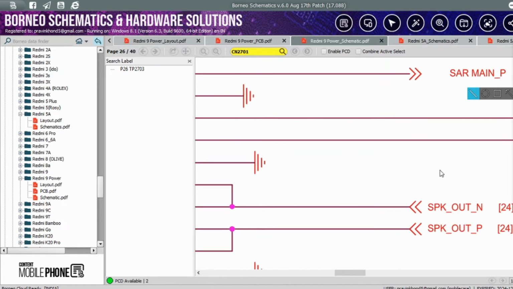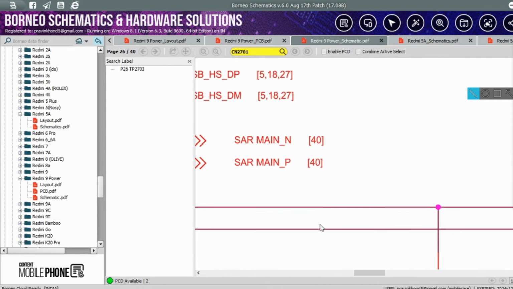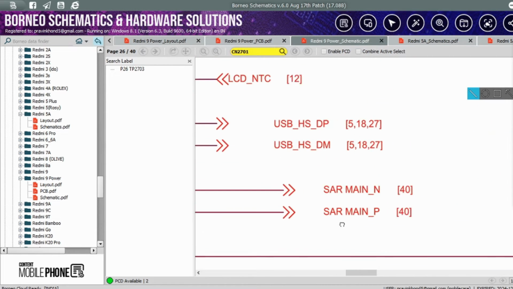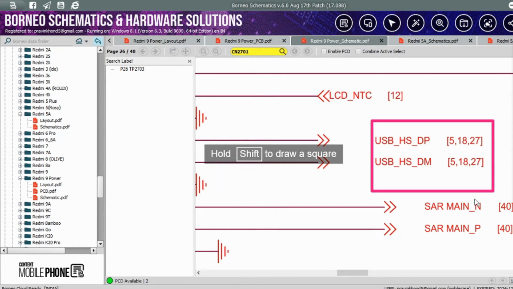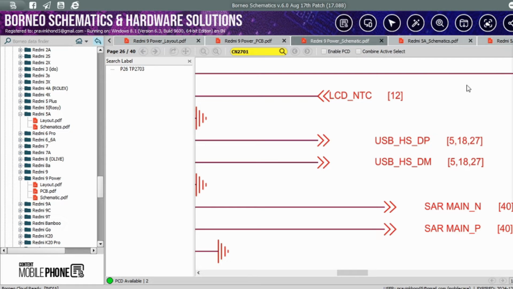Zoom. So this is the USB DP and DM line. You can see the DP and DM lines. Now how to check it? Just copy the line